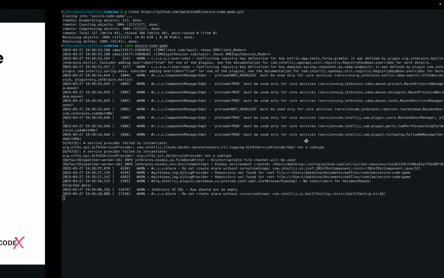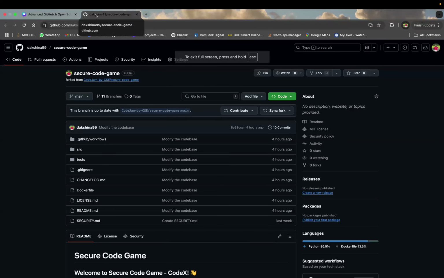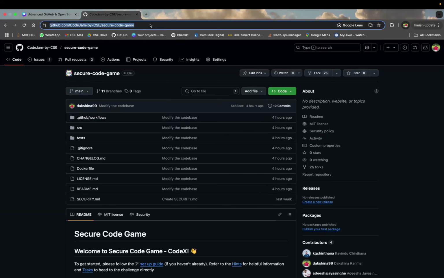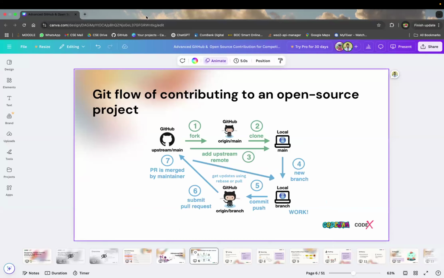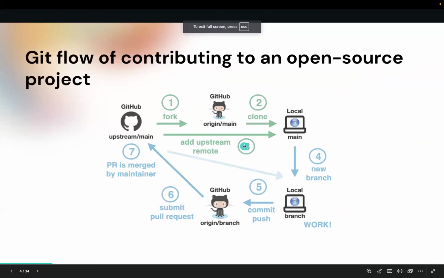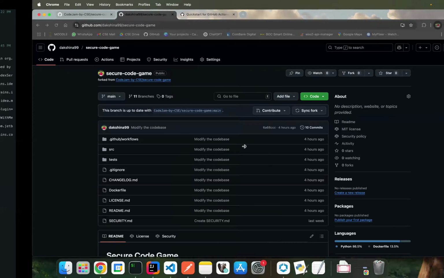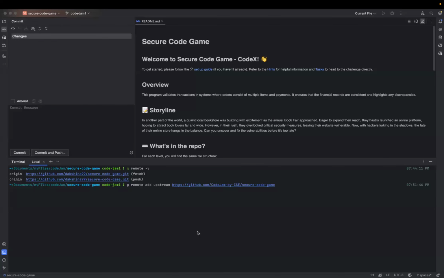To do that, you can use git remote add upstream. Let's go here, go again to here and copy this. Okay, copy this and go back to IntelliJ and paste it here.